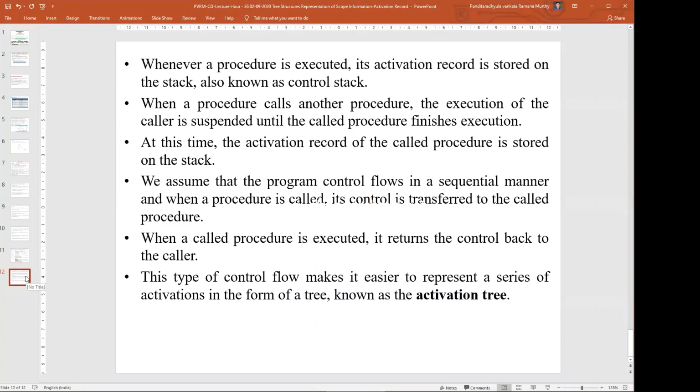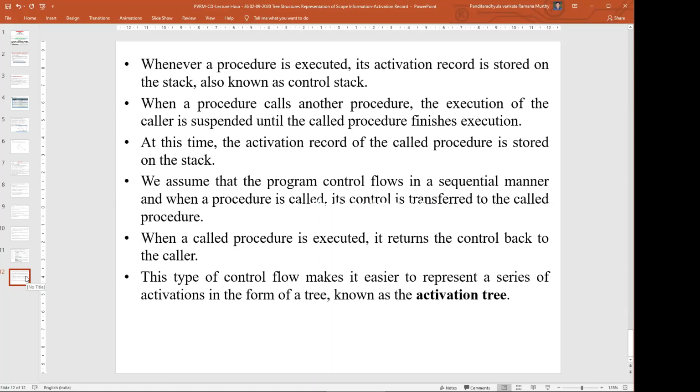When a procedure calls another procedure, the execution of the caller is suspended until the called procedure finishes execution. It indicates that control is transferred from the caller program to the called program. At this time, the activation record of the called procedure is stored on the stack. That is the reason whenever we get back, we get the previous values.